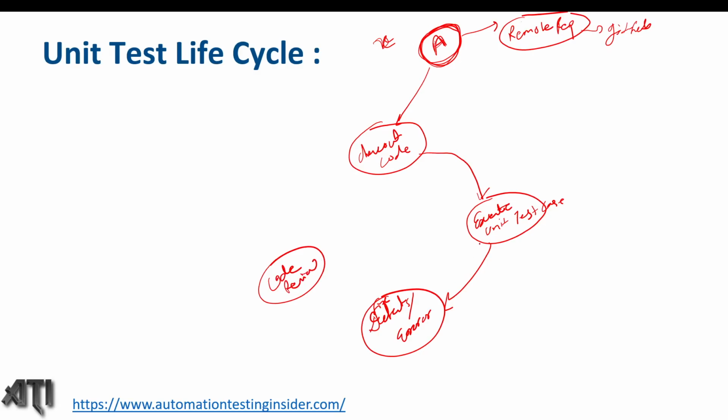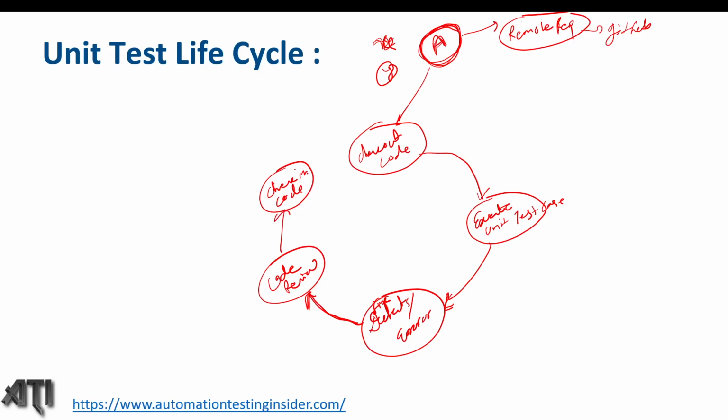So after executing the unit test, we get some defects, guys, defects or error, and they will fix those defects. The developer will fix the defects, and they will ask the other developer to review the code. So in this case we have developer X, so they will ask other developer Y to review the code, and then what is the last, check in the code